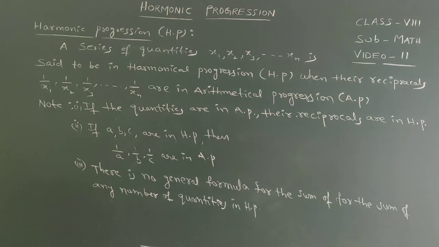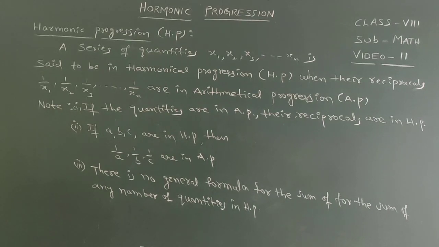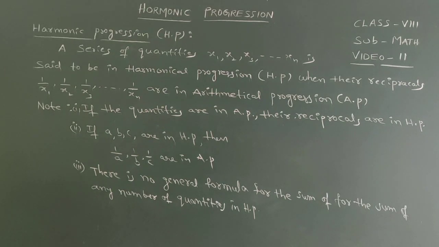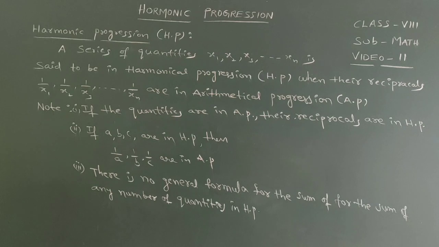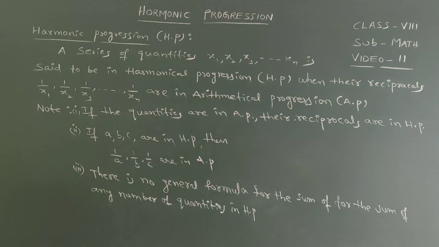Till Saturday, we have successfully completed geometric progression, earlier arithmetic progression, now the third kind, harmonic progression. In the first, arithmetic progression, you could find the difference between two consecutive terms is the same. But in case of geometric progression, the ratio between two consecutive terms is the same. Harmonic progression is a different progression.